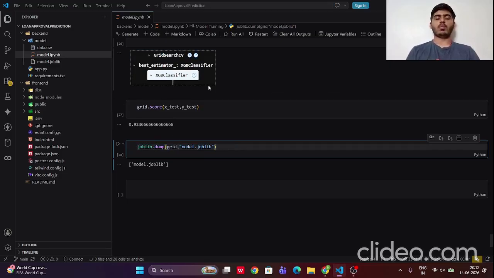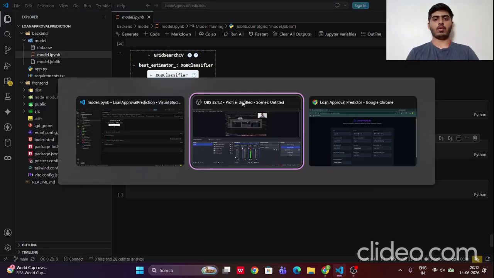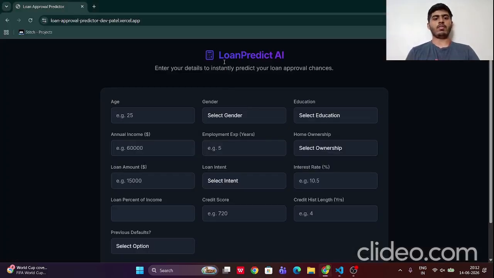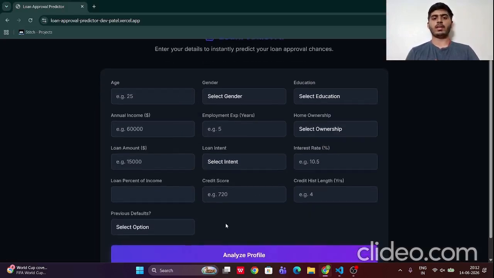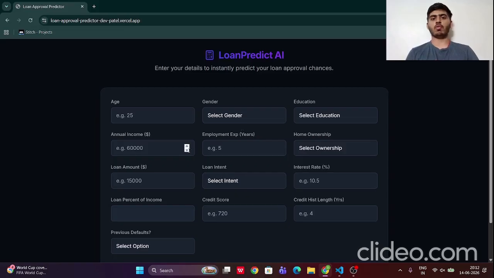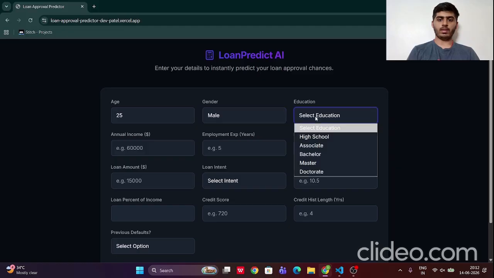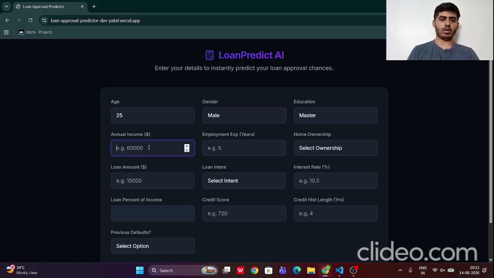And now using this model, I have created a loan approval predictor in which you can answer the questions of this form, and then this model will predict whether a loan would be accepted or rejected. For example, let's say your age is 25, you are a male, you have a master's, your income let's say is 75,000, you have been employed for let's say 3 years, you are having your own house, and the loan amount is 15,000,